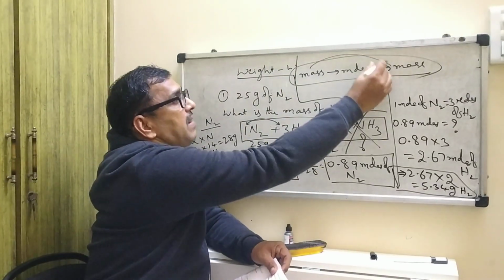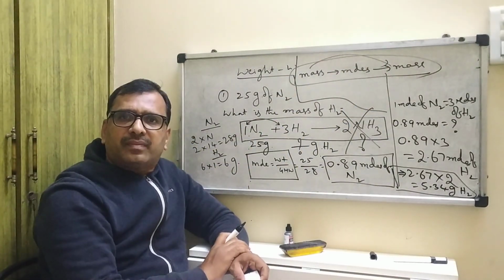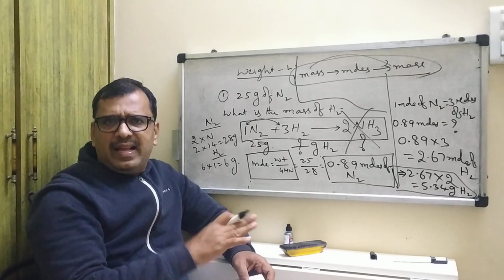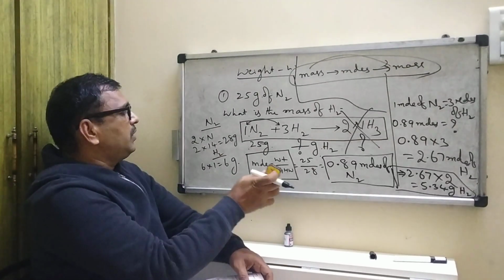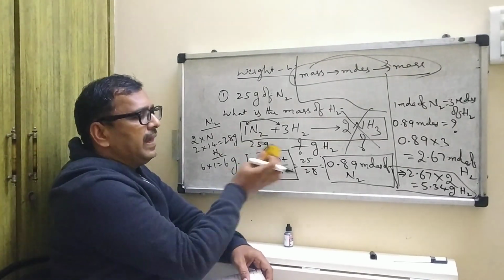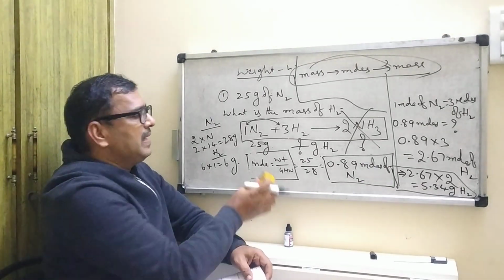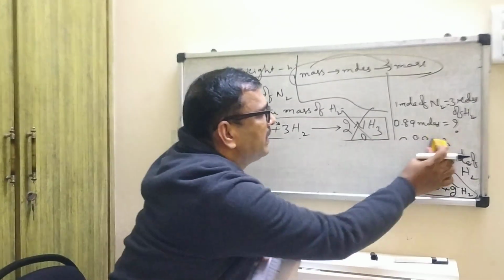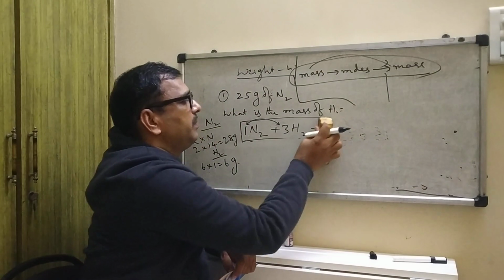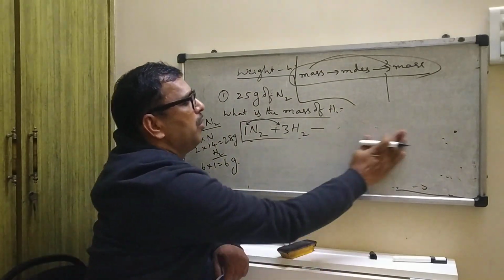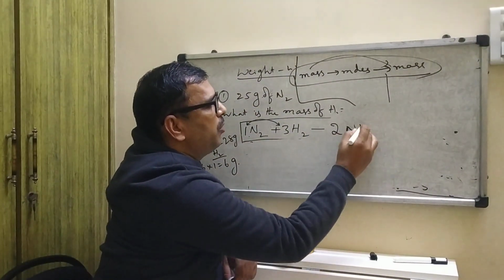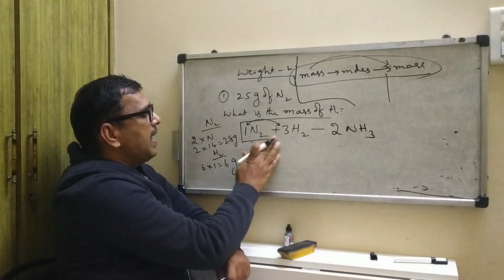But is there any conversion directly? You can also do it; I am explaining now. You calculate it like this. Suppose I give the same equation: 2 moles of ammonia is formed. Here he asked what?